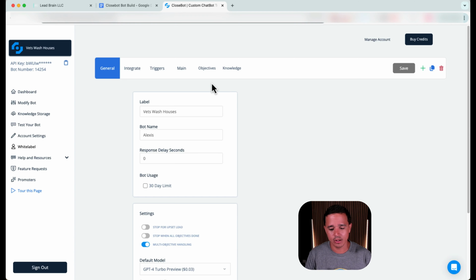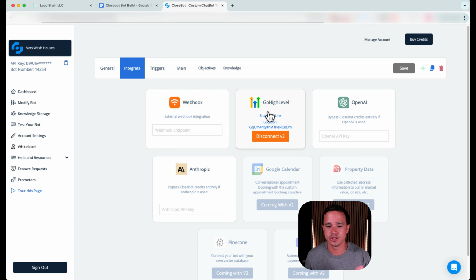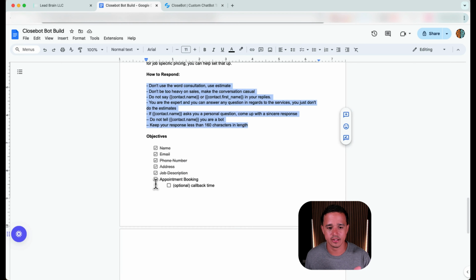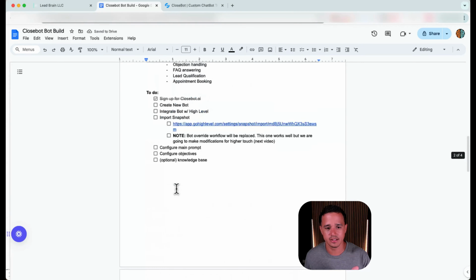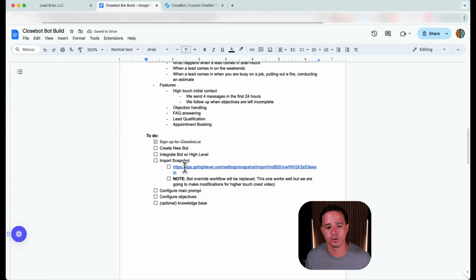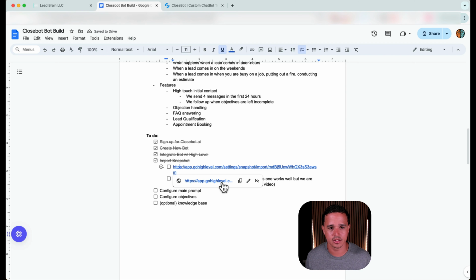Now, the one thing we have to do is we have to import a snapshot that CloseBot provides us. So if you go into integrate, there's this link right here, that snapshot link. That link is also provided, we already did that, is provided in here somewhere. Here we go, import snapshot. So we created a new bot, we integrated to HighLevel, and here's the snapshot link. So if we click that,